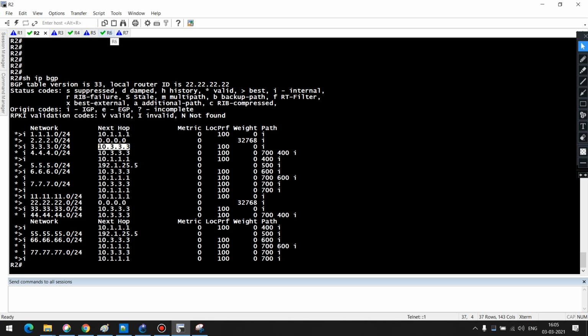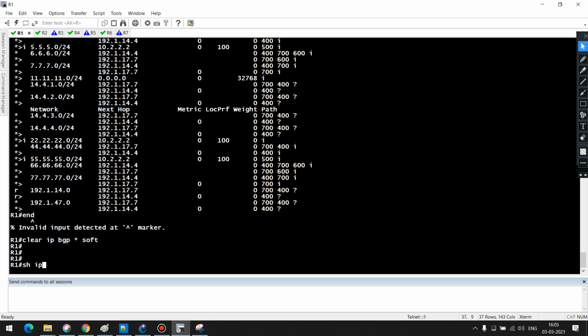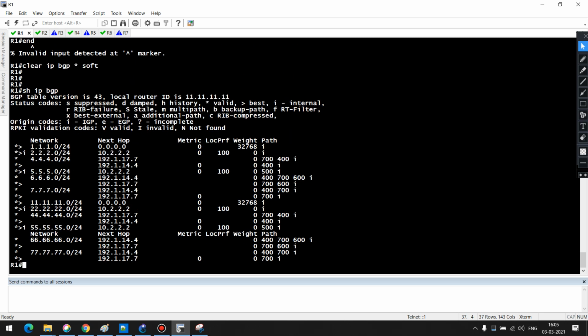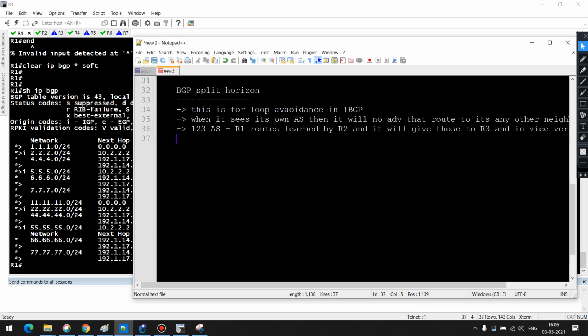So let me go to router 1 and if you can see, show IP BGP table there, I can't see any route 3, get it? This is because of the BGP split horizon rule to avoid the loop. Okay, so how can we overcome this issue? To overcome this issue,